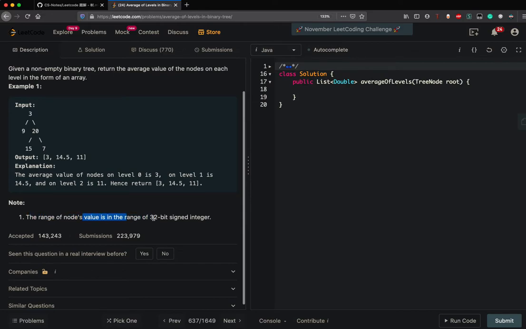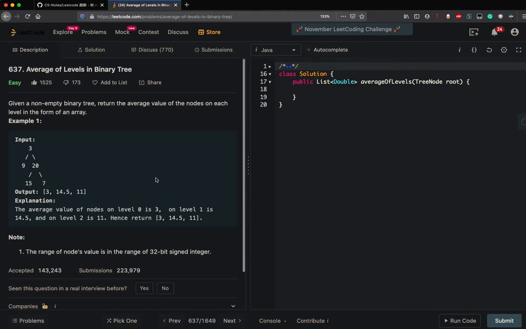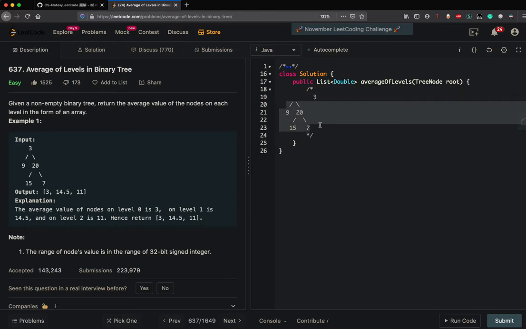Note the range of node values is in the range of 32-bit signed integer. Okay, let's think about how to solve this problem here. This is our tree here. We need to check each level